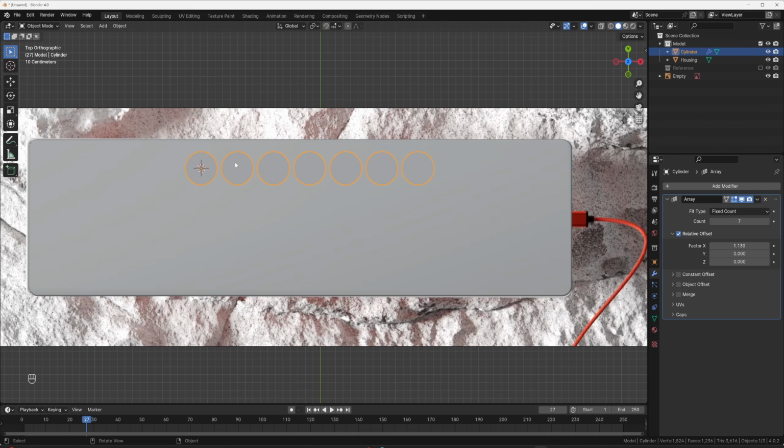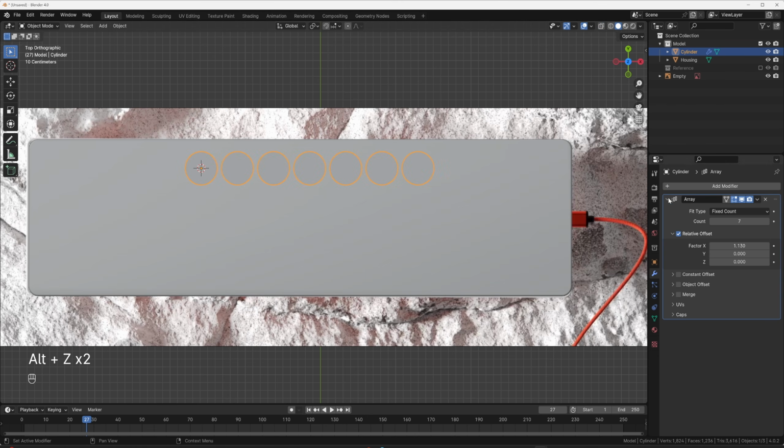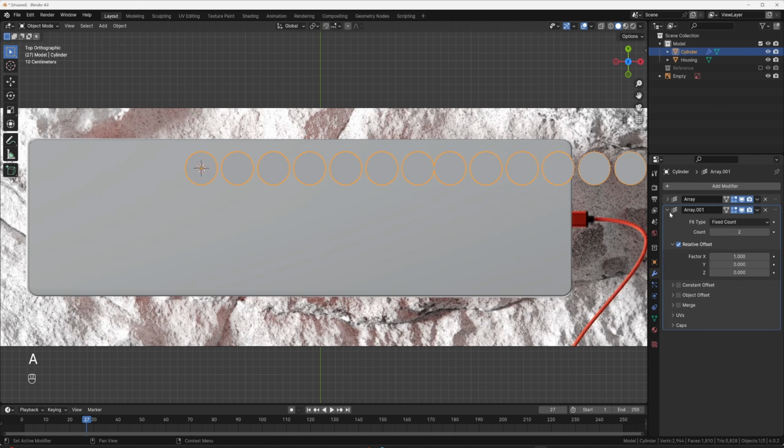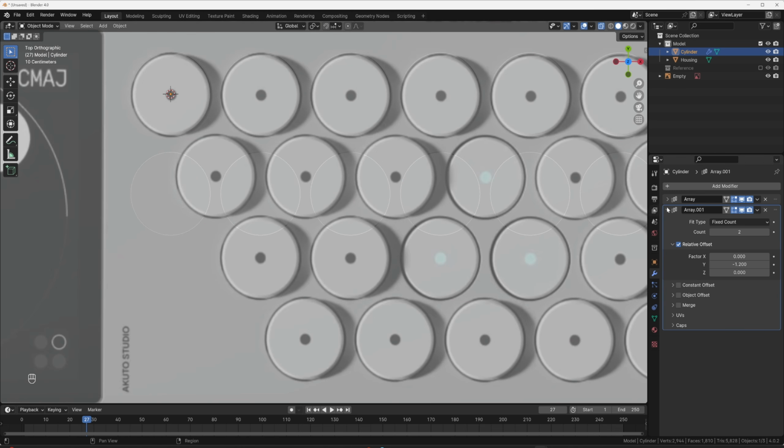So now basically what we need is this exact same thing duplicated 4 times down this diagonal. So Blender modifiers work from top to bottom. We're going to click A, add an array modifier again, and then we're going to set the X to 0 for now. And then I'm going to decrease the Y to a negative value and then go back into Alt-Z. And then first thing I'm going to do is try to get them at least relatively close. So I'm going to use the X factor to bring it over, and then the Y factor to bring it back up,